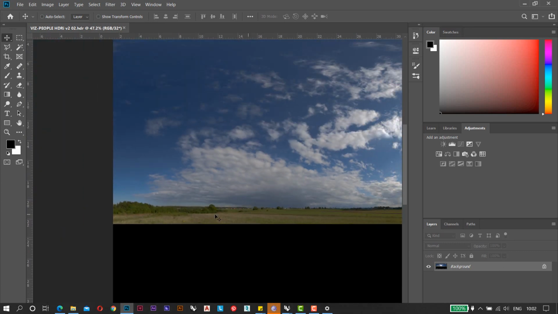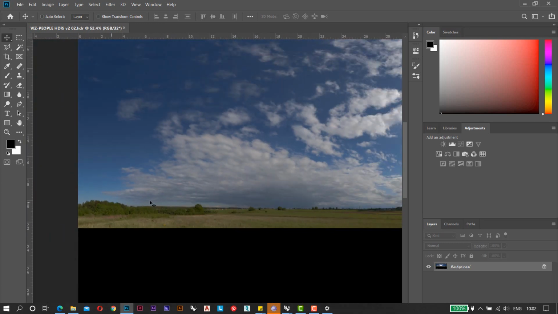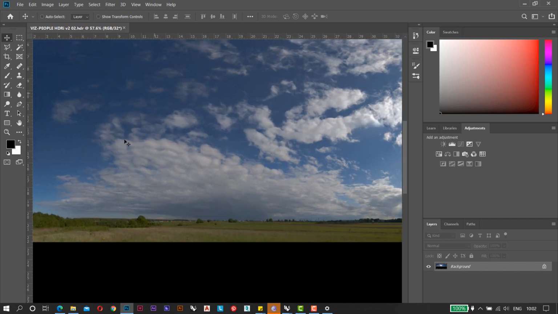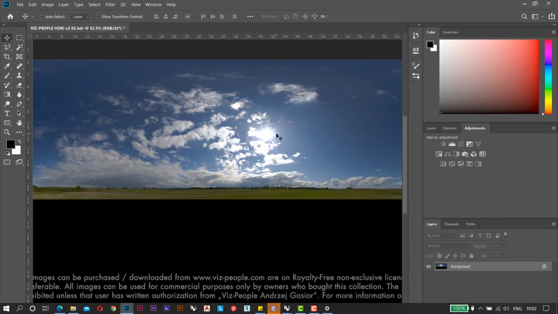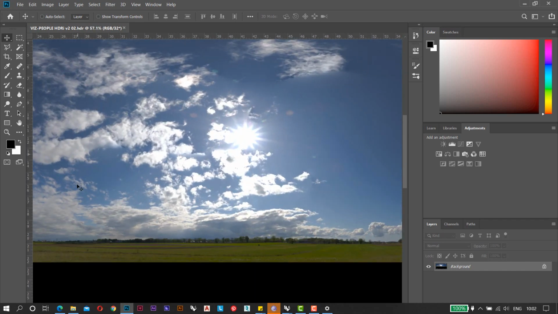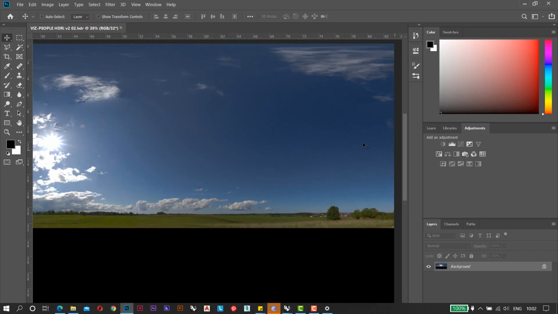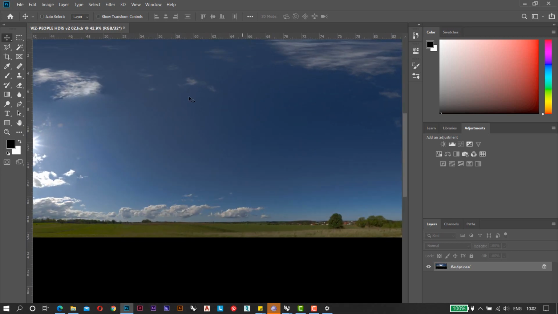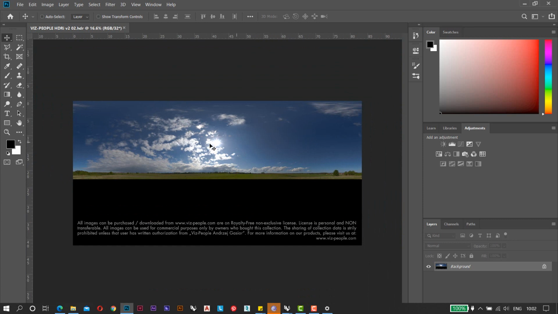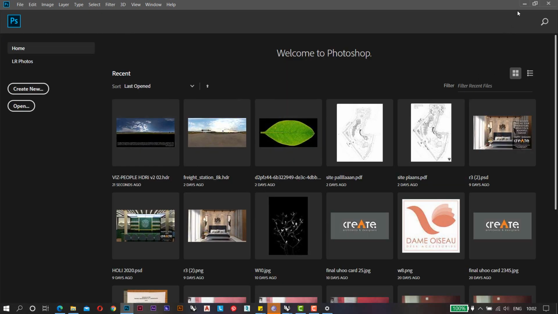If you want a cloudy background, you have this kind of background. If you want a little sunny background, you can take this one, and if you want just blue color, you can take this one also. It has all kinds of variations of skies, so you can use it, but how to use it I will explain here.